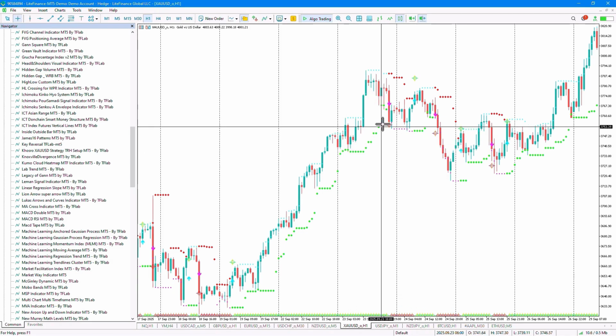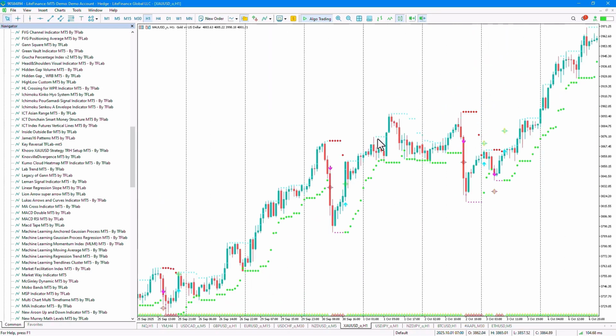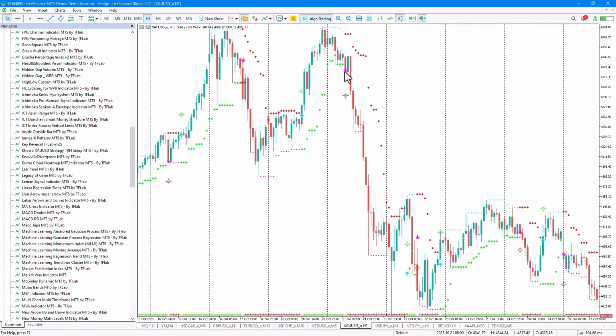Similarly, in another section of the chart, we observe that a sell signal has been issued, our entry trigger is at this point, and based on this candle, we can enter a sell position. We set our stop loss behind the range and on the red dots, and we can set our take profit based on the purple points, or remain in the trade until an opposite signal is generated, just as we did